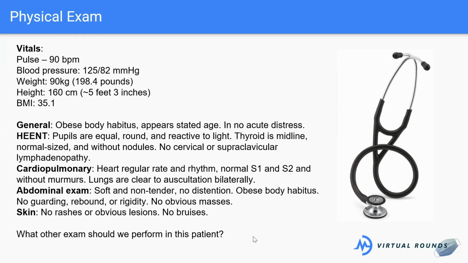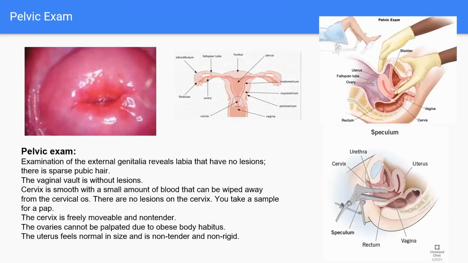So we want to take a look at the uterus, palpate the ovaries, look at the cervix. That's all important. And that pelvic exam is something that we don't do routinely on every patient that's coming in for a follow-up visit, but for gynecologic patients or somebody presenting with a new gynecologic issue or even annual examinations, we will tend to perform pelvic exams to be thorough and make sure you're not missing anything. So in her case, of course, a pelvic exam is certainly indicated because that might be where the problem is. And so this is her pelvic exam.